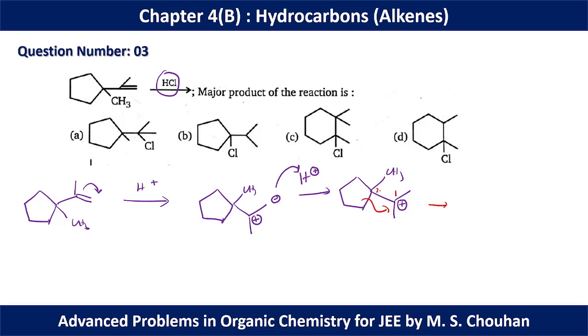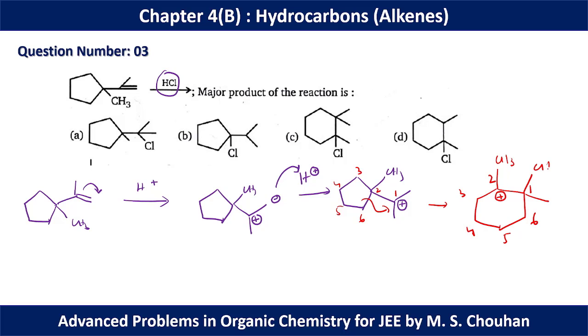First of all, it is good practice to give the numbers. So the 2,6 bond we are breaking and the 1,6 bond we are forming. So we can have a 6-member ring. The 1,6 bond is formed. 6 is attached with 5, 4, 3, 2. We have 2 methyl groups on 1 and 1 methyl group on 2, along with a positive charge over 2.